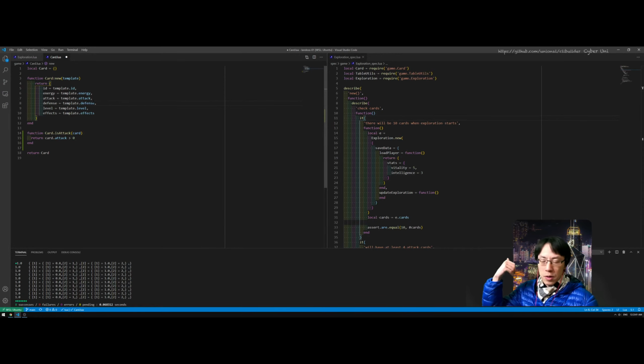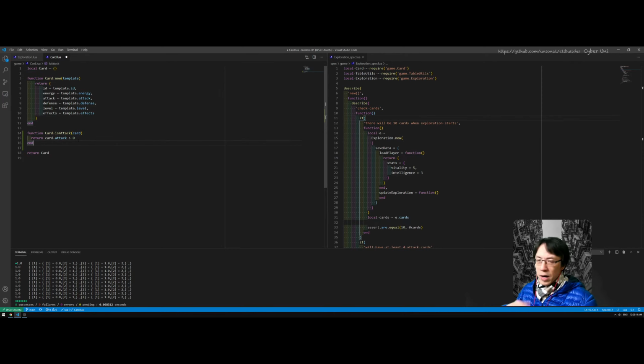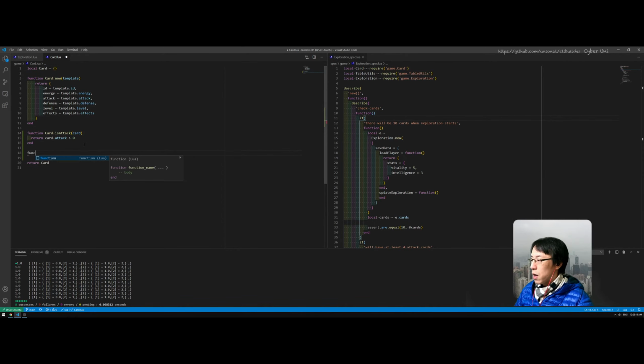Instead of saying, okay, this is an attack card, this is a support card, and things like that, right? Of course, for a support card, it's a little bit different. Maybe it has some specific effect or attribute, something like that. But for attack, this should be straightforward. Since I'm over here, another thing I need to add is if it is a defense card,